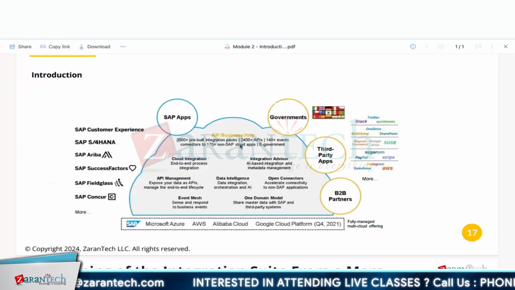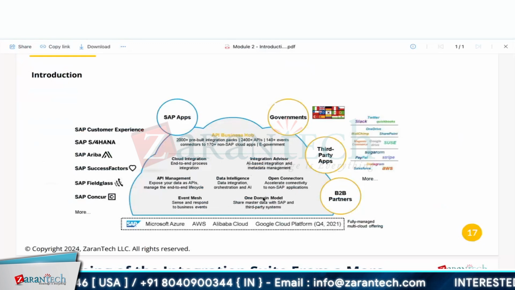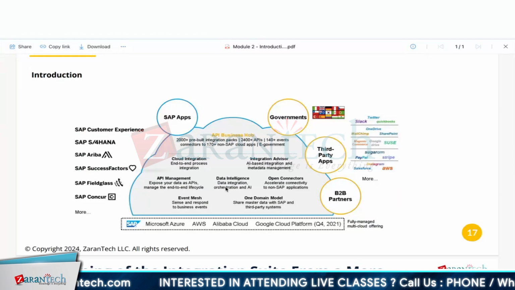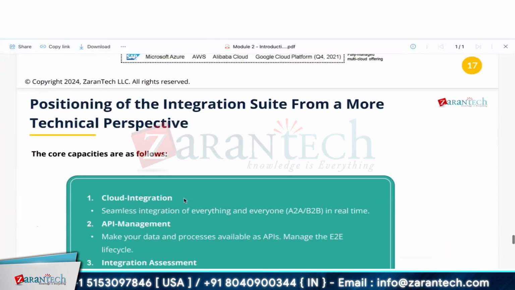So with this, SAP has multiple government connectivity and multiple system connectivity, and handles those integrations using CPI, and your third-party integration with open connectors. API management ties up to connect with multiple systems, and with your CPI or your S4 system through Cloud Connector, and your data integrations go through CPI-DS or SDI and everything. Event Mesh is another feature for enterprise messaging. Any more queries till this time?